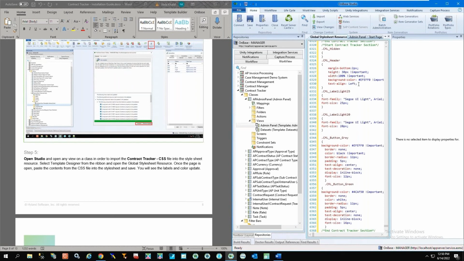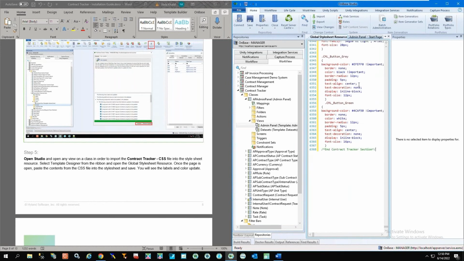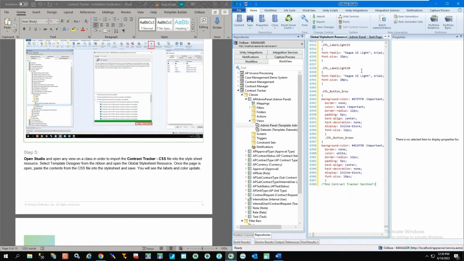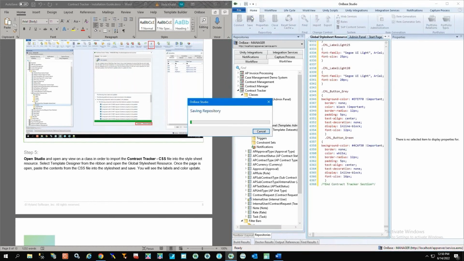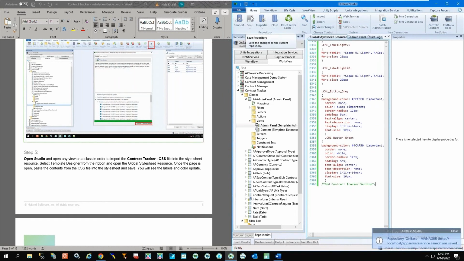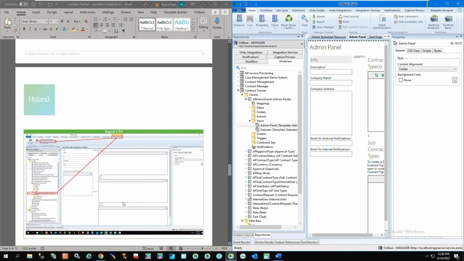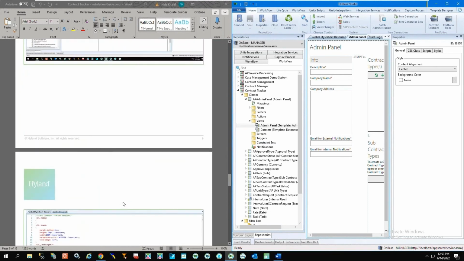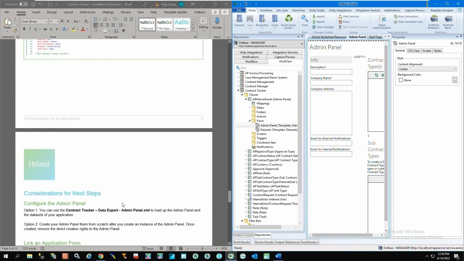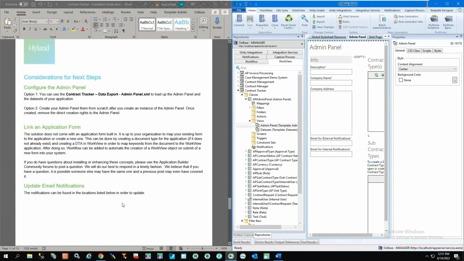And then we will go ahead and save. We can see the nice headings and colors there. Here are those instructions labeled on the import guide.